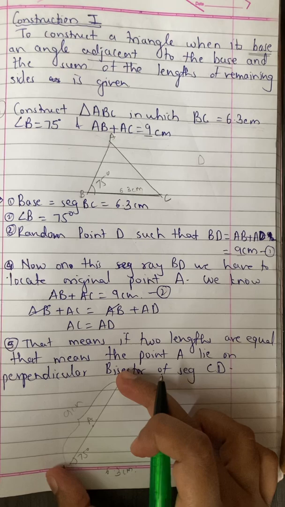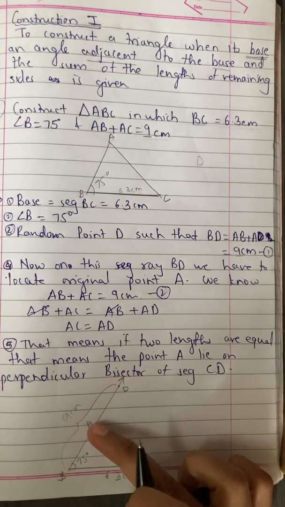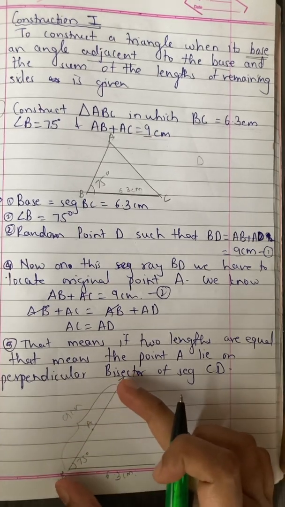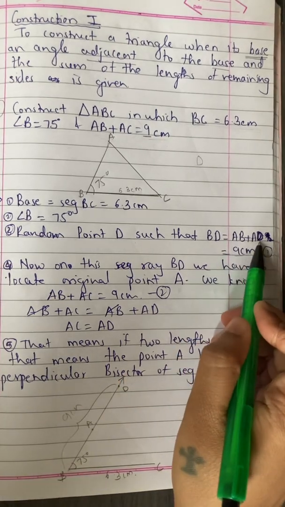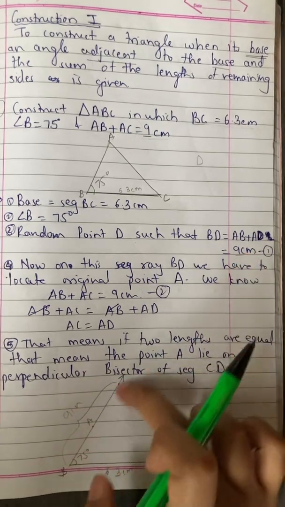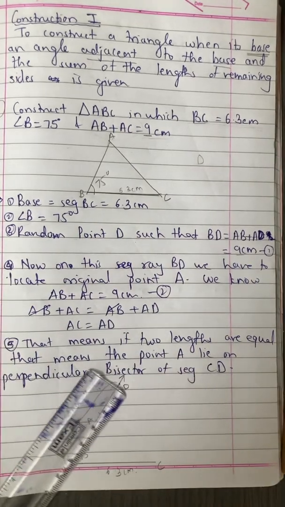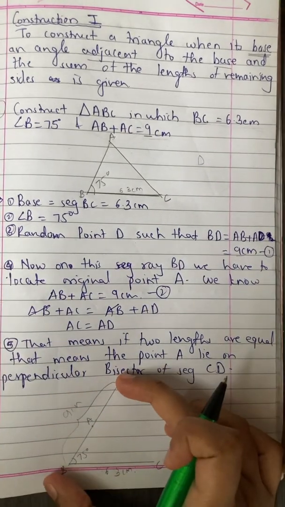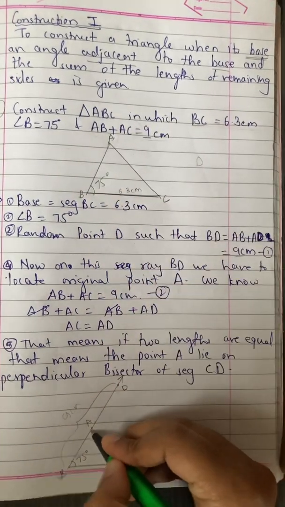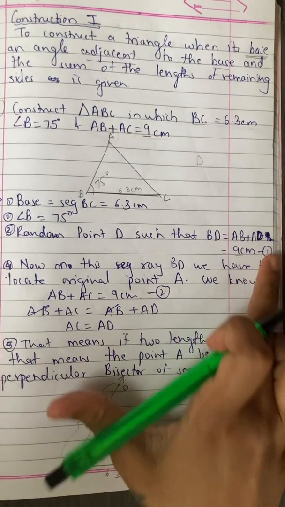So now BD will be equal to what? AB plus AD, right? Or BA plus AD. So in place of BA I can write AB plus AD. BD is the sum of AB plus AD, and BD we have taken as 9 centimeter. We can definitely draw a long ray and locate 9 centimeter with a scale as well as a compass. So BD we take 9 centimeter. In between BD we have to locate the actual point of the triangle, that is A, such that AB plus AD is equal to 9 centimeter. Give this equation as equation number 1.